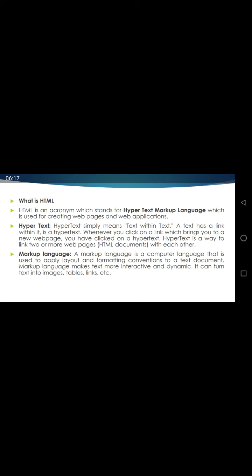Now, what is meant by markup language here? Okay, markup language is a computer language that is mainly used to apply the layout. Just try to concentrate here, friends. It is mainly used for the layout and formatting conversions to a text document. Okay, we're going to utilize it for the layout and formatting of the text in a document. Okay, markup language